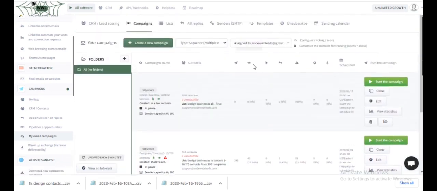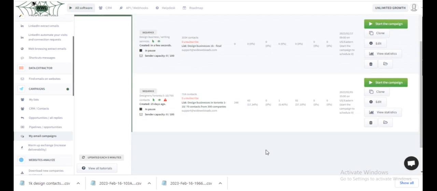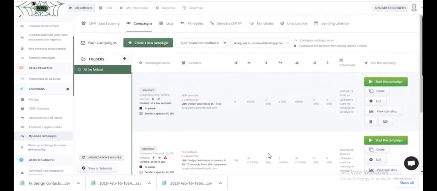As you can see though, when you send an email, you can see who has opened the email here, and you can see who has clicked on the email here, and you'll see who has replied as well there. And any bounced emails will be here as well. So these will be emails that aren't in service anymore, or anything like that.